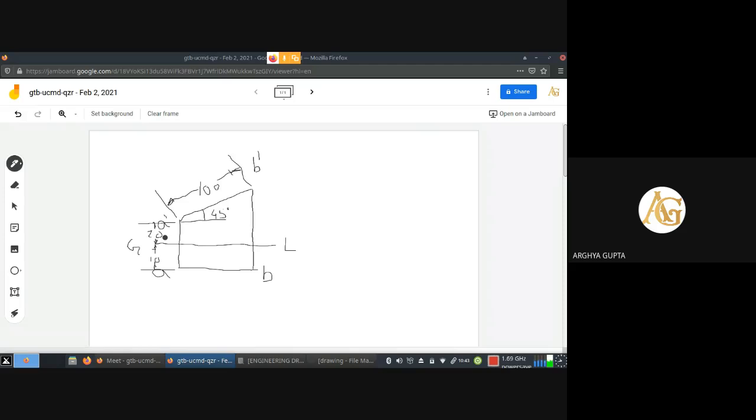Now if you have any questions, ask. Okay, so sometimes in the numerical, you may be asked to determine the length of the plan also. So the length of AB you have to measure with the scale and write there. Okay, now the next one. If you have understood this,